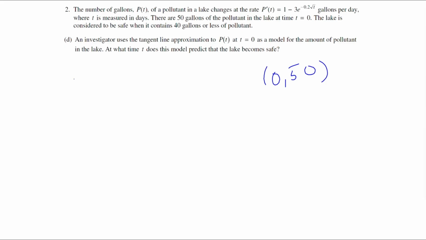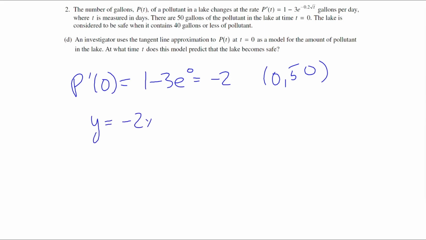Well, the slope is just going to come from finding P prime of 0, and that's going to be 1 minus 3e to the 0, which is just going to be negative 2. So our equation should be y equals negative 2x, or we'll say negative 2t, plus 50, just in slope-intercept form, our slope and our y-intercept. And so we want to know when is this less than 40, or so now we just solve this for t. Well, subtract the